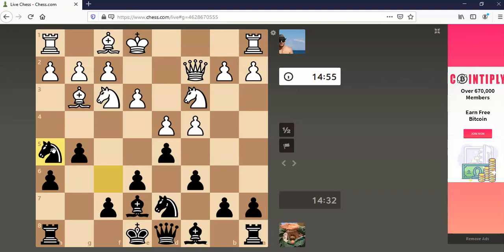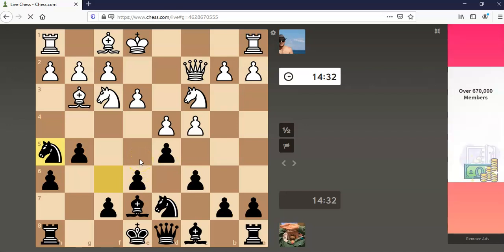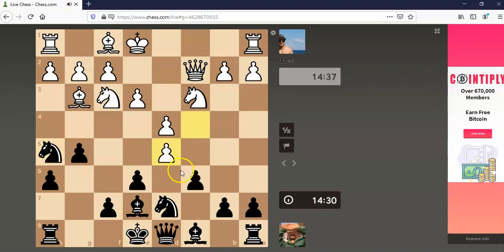So here I'm going for the bishop pair. I might want to capture d takes c4 so he doesn't play c5 and close the center. But maybe not, because I can still play an e5 break eventually. Okay, yeah, I'm going to keep